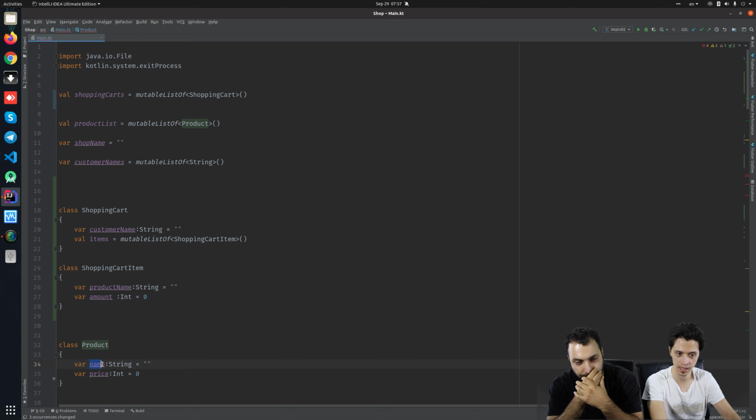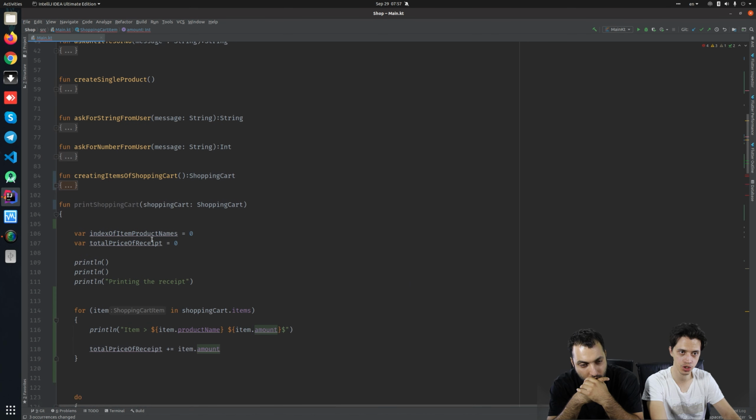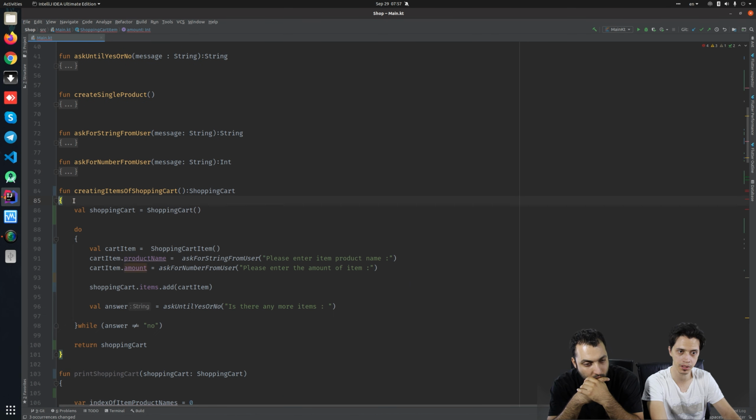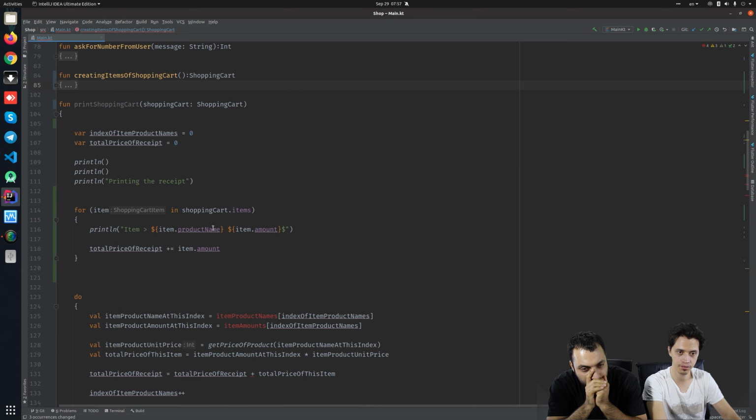The product has got a name and a price. We as shopping cart item are just storing the product name and how many. Yes, the amount. So let me just double check the function create items of shopping cart. This amount is, please enter the amount. Yes, the price was incorrect. And now we have product name and amount, and we have total price of receipt equals amount multiplied by